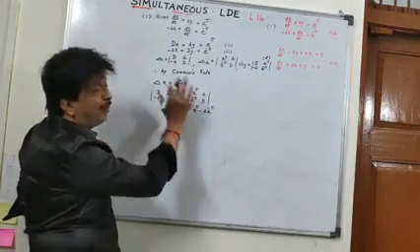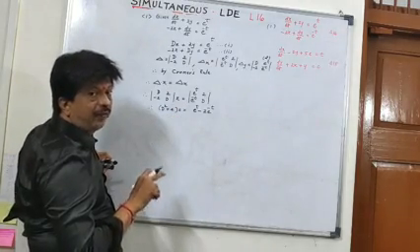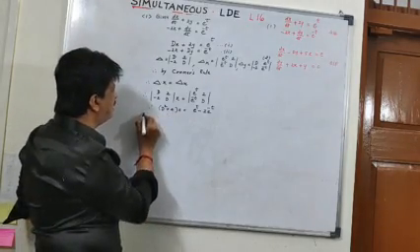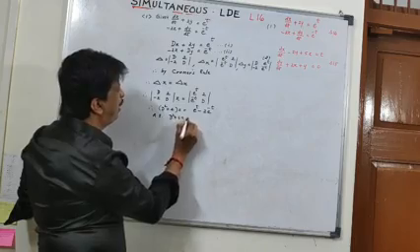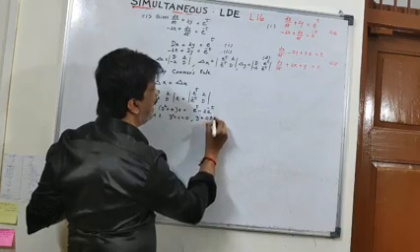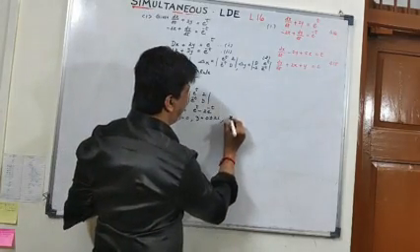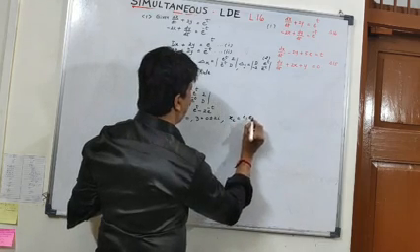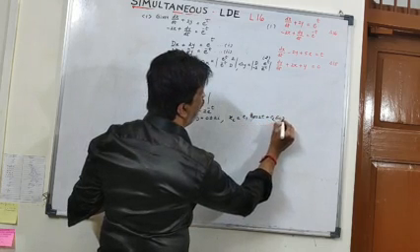What is this? By Cramer's rule, it has been reduced into the LDE, linear differential equation in x. Solve this LDE in x. We know the auxiliary equation: D square plus 4 equal to 0. The roots are D is equal to 0 plus minus 2i, which consequently gives us the xc, as the dependent variable is x. The complementary xc is C1 cos of 2t plus C2 sin of 2t.